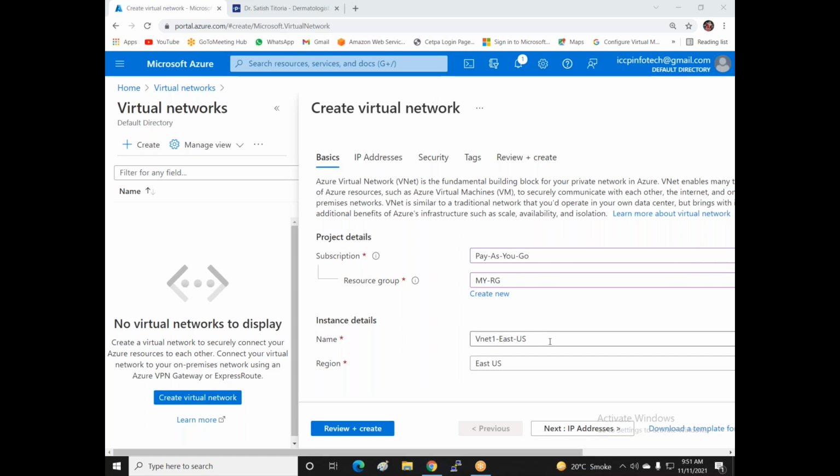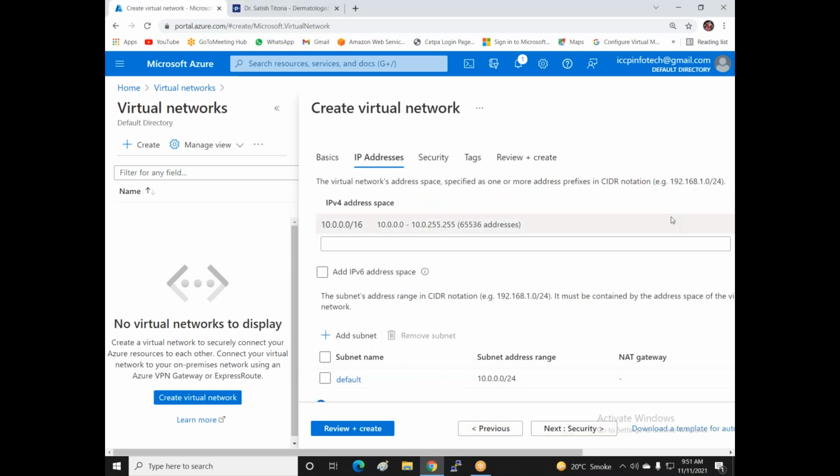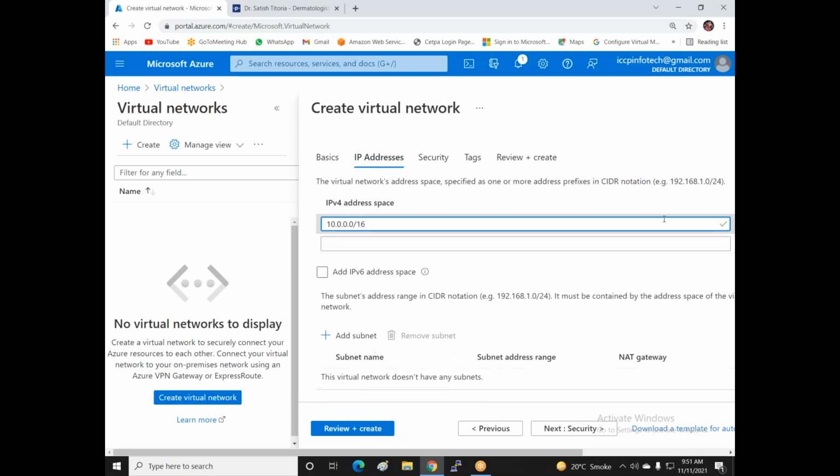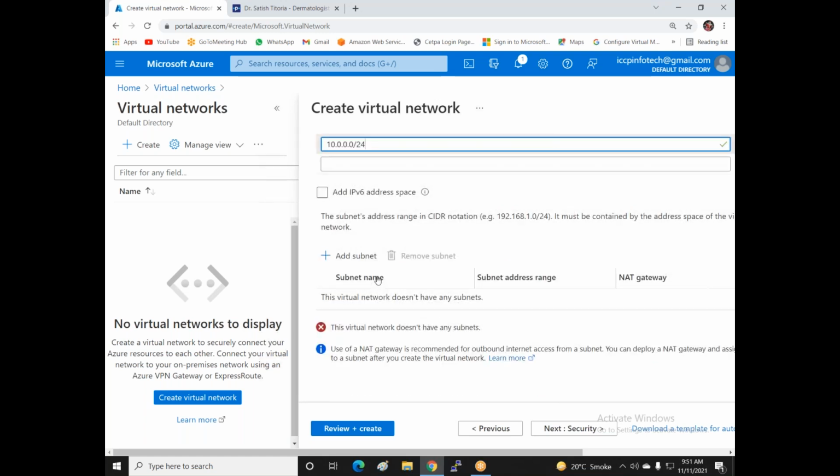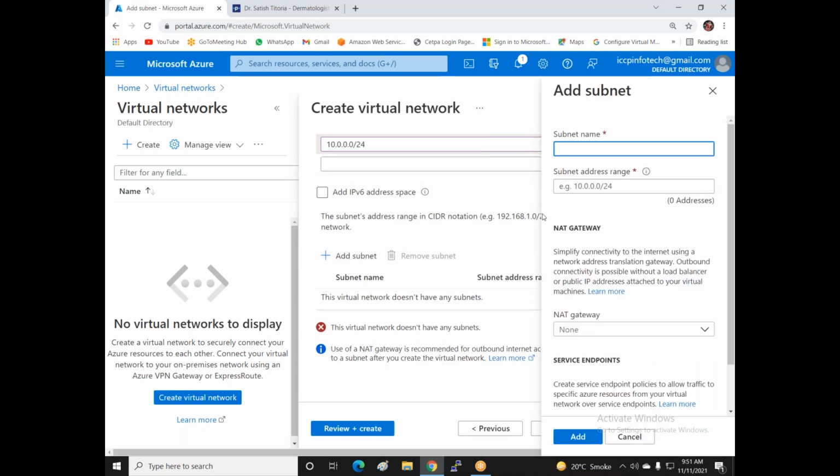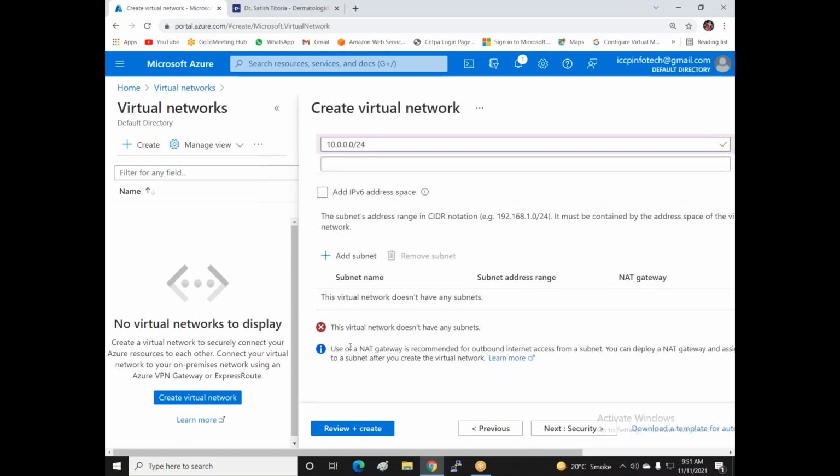So here's VNet 1 in East US, and next, in this VNet I add the IP address 10.0.0.0/24, and inside the VNet I create a subnet. Wait, it says the virtual network does not have any subnets.